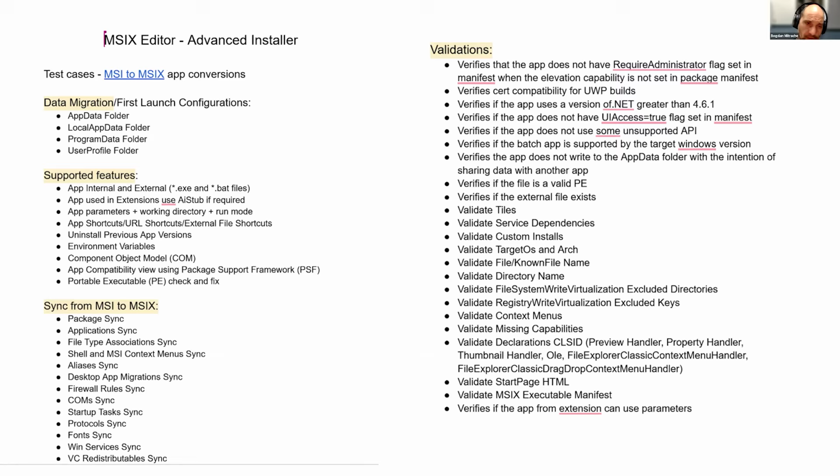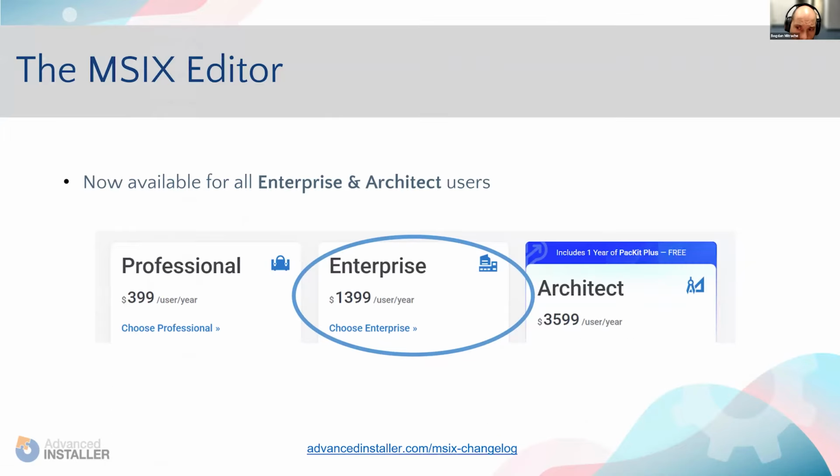For that scenario, we have an advanced installer capability that allows you, with one click, to configure these redirections. It also notifies you that you have certain resources that might require redirection and allows you to decide if you want to redirect those or not, just by answering a few questions in our UI. More details about those changes and overall improvements that we do in MSIX, you can find on our website at